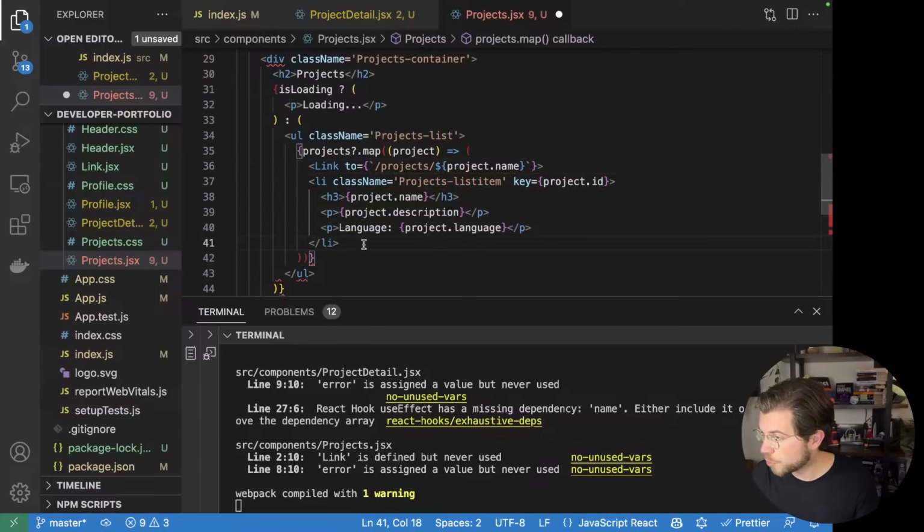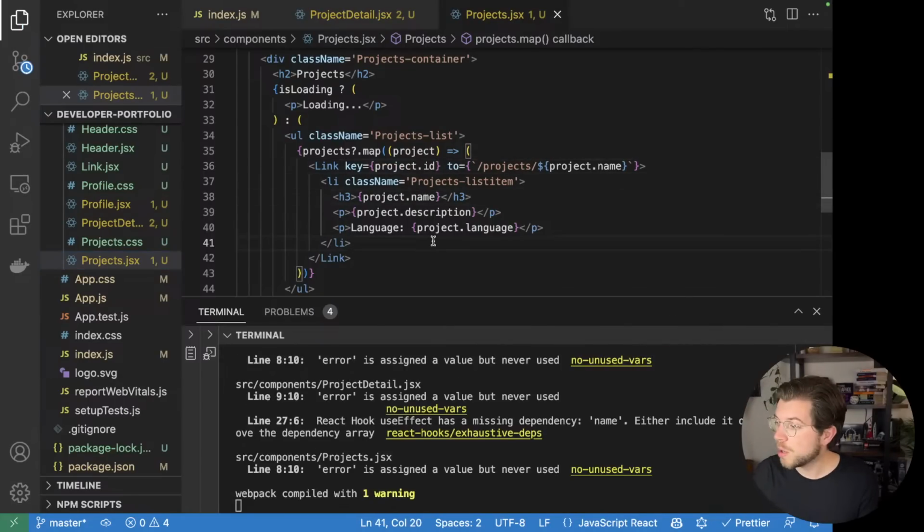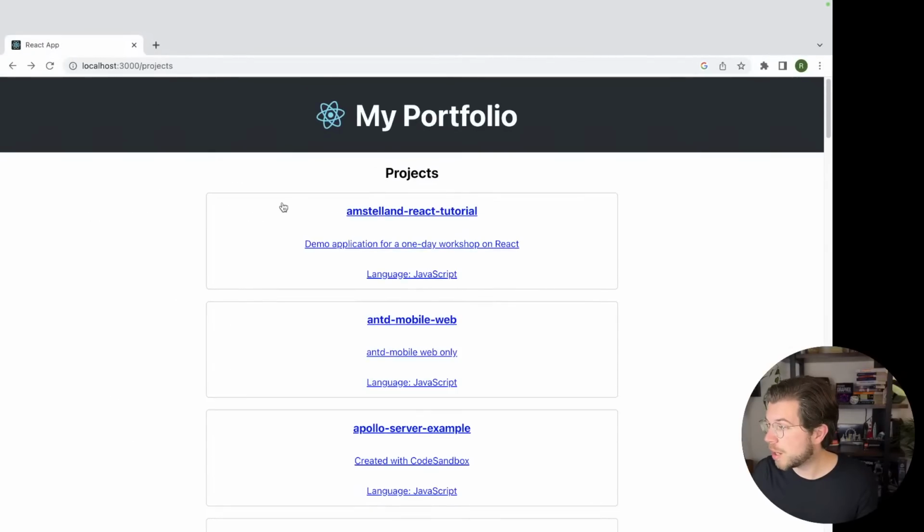And of course, we need to make sure that we wrap the entire component in it. And then we also need to add the key to the main element whenever we're mapping over an element using map. If I format this and save it, we can go back to our browser